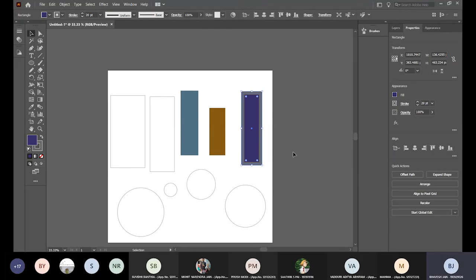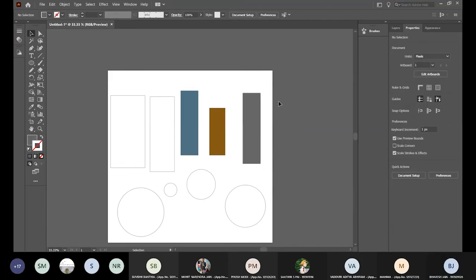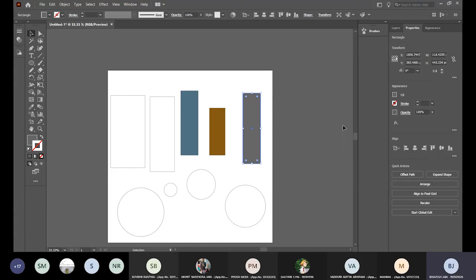And if you want to remove the fill, the slash arrow that you have, it will set your fill to no color. You have the object selected, you hit slash, no color. And now you want to put stroke inside, you hit Shift X, sorry. And now you will have no stroke color.